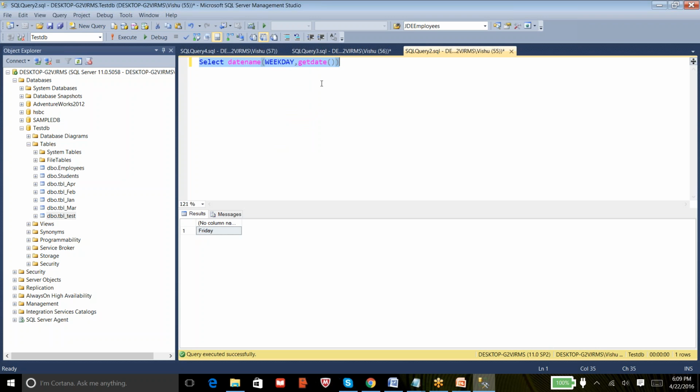If this is the query you want to execute all the time, you can integrate this query into a stored procedure, and you can just keep on executing the stored procedure, and it will give you the day, whether it is a Friday or Monday. So a stored procedure is nothing but executing all types of queries. The only difference between a view and a stored procedure is that views only take select statements, but a stored procedure can take all types of queries, and a stored procedure will also accept user inputs.